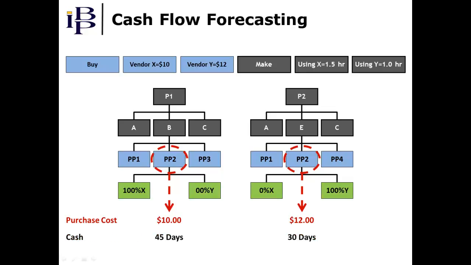Changes in vendor allocation also affect cash flow forecasts. Consider the vendor allocation shown in the green boxes. For Product 1, all purchases of Purchase Product 2 are coming from vendor X, and for Product 2, all purchases of Purchase Product 2 are coming from vendor Y. At the bottom, the impact on cash outflows is shown for both vendors X and Y, each of whom have